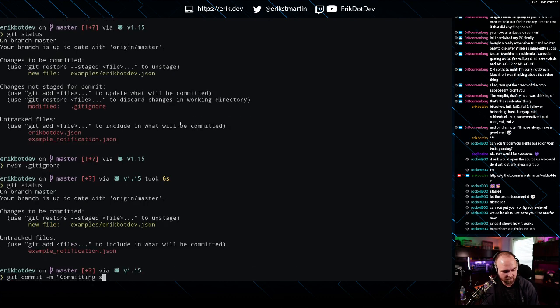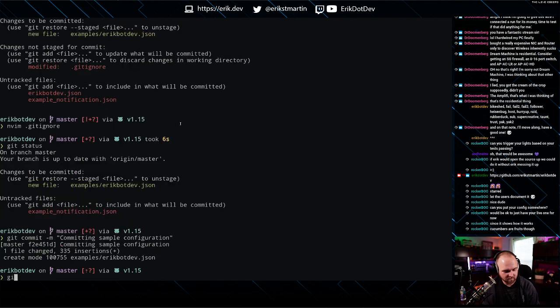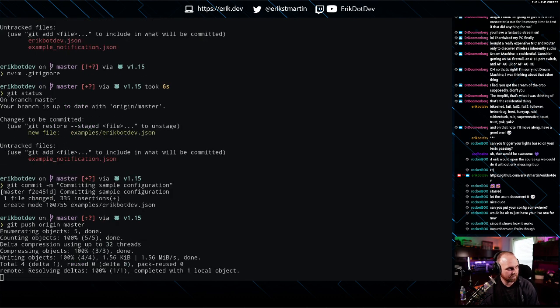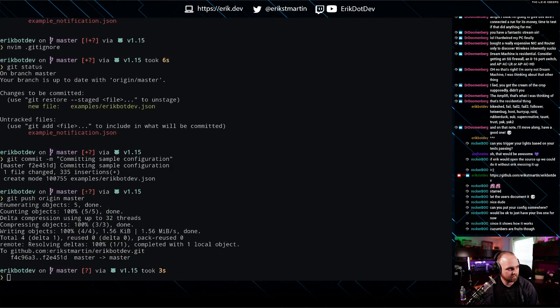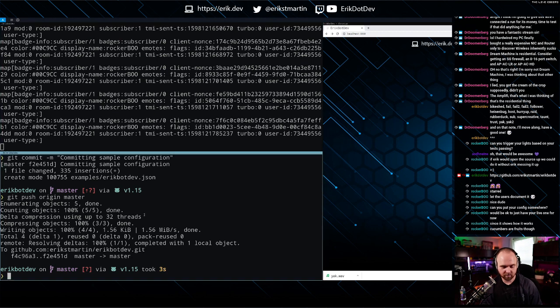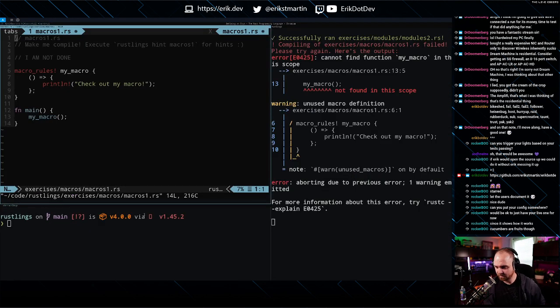Committing sample configuration. Okay. There you go, Rockaboo. It's all you. So now there is a sample config in git that you can work with. Let me know what you do with it. Submit PRs. Shoot me a link to your stream. I'd love to check out what you do with it.